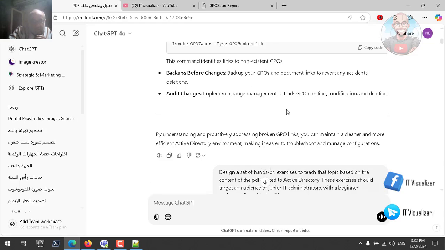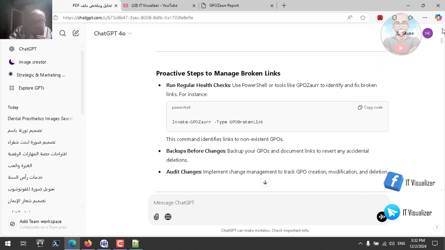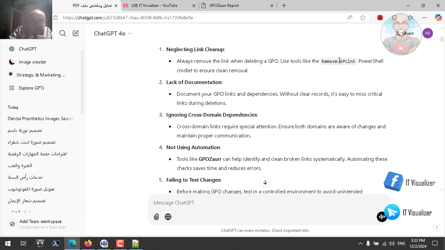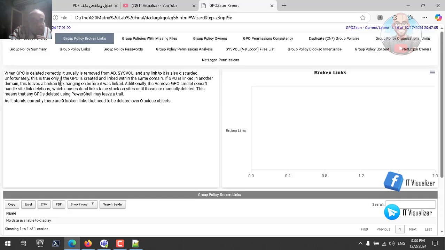This is a very, very good answer, as we can see here. But one thing we need to put a little note on. When you use Remove-GPLink to remove the GP link, or Remove-GPO, okay, this is to remove the link. But anyway, there is a recommendation here that if you are using Remove-GPO, you need to make sure